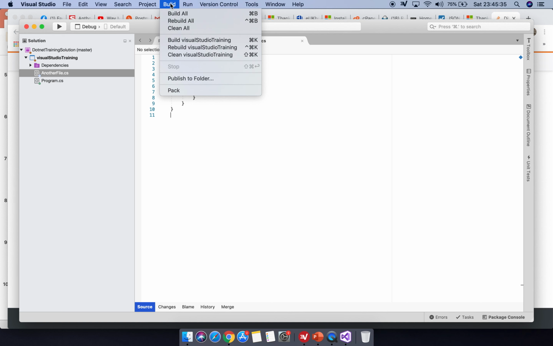So let's just believe now that when you say you compile, you make the code into a state that can be run, or that could be understood by the computer. So that's what compiling is. So when you build an application, you essentially compile the application. So to build an application, you will click on build,